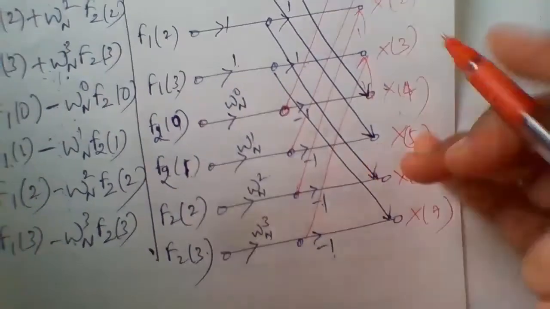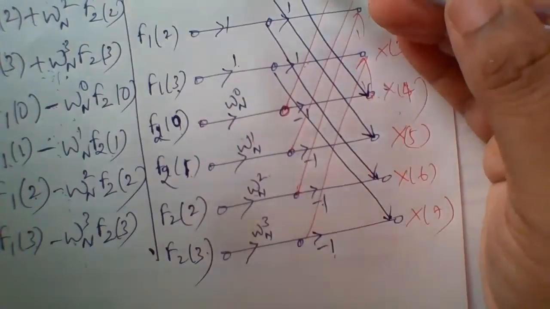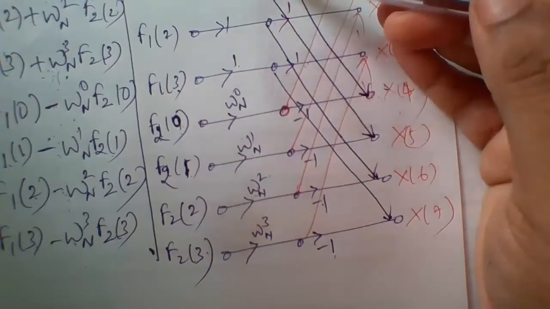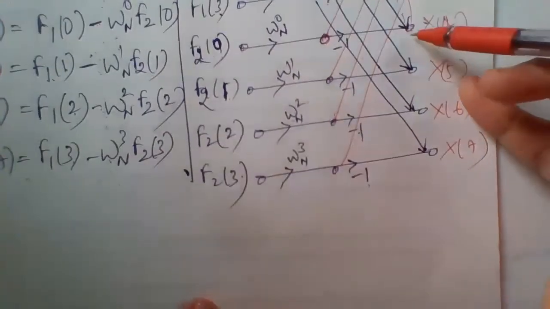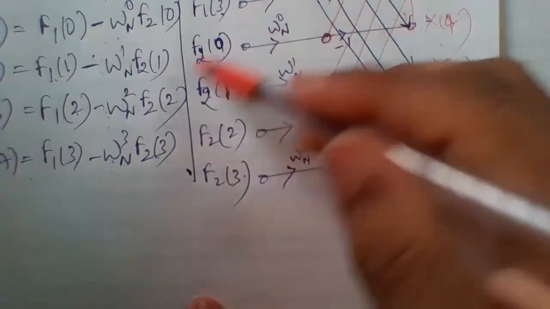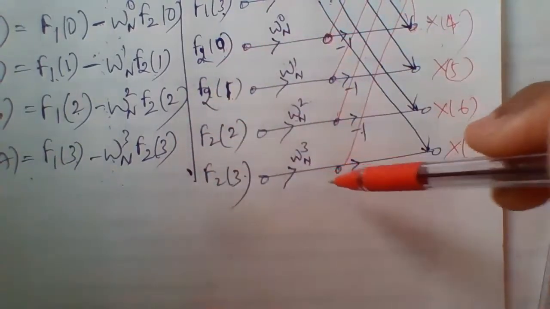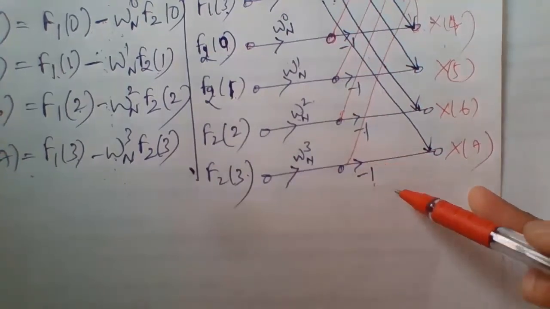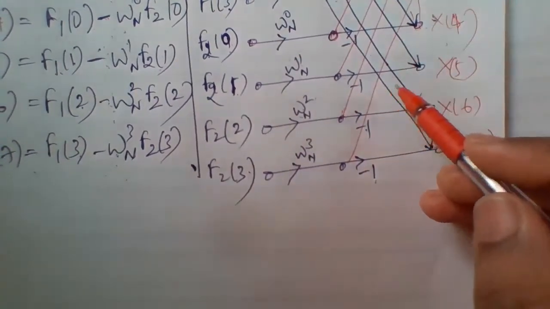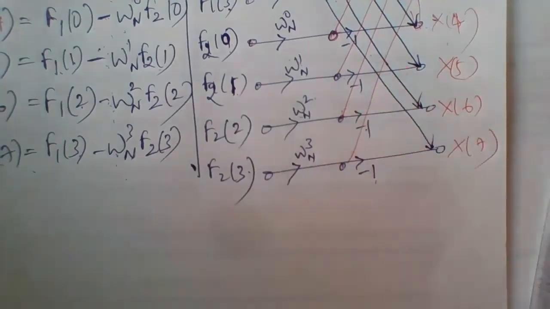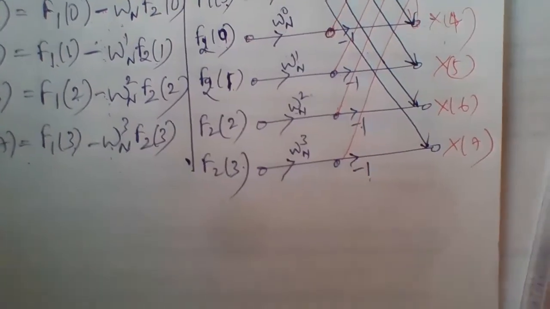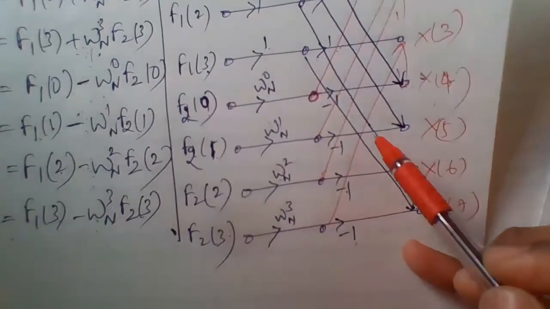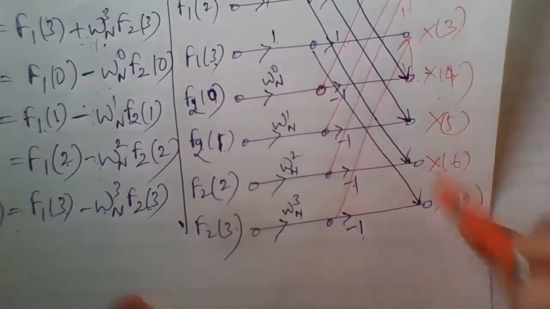Therefore, now the 4 lines from the top 4 rows are being connected with the 4 points in the F2. The minus 1 and the 1 are already there in the signal flow graph. We did not invert any of the signals. So already the minus as well as the twiddle factor, everything is written on the signal flow graph. Simply you need to connect the lines. That's it. So now this is the last stage.